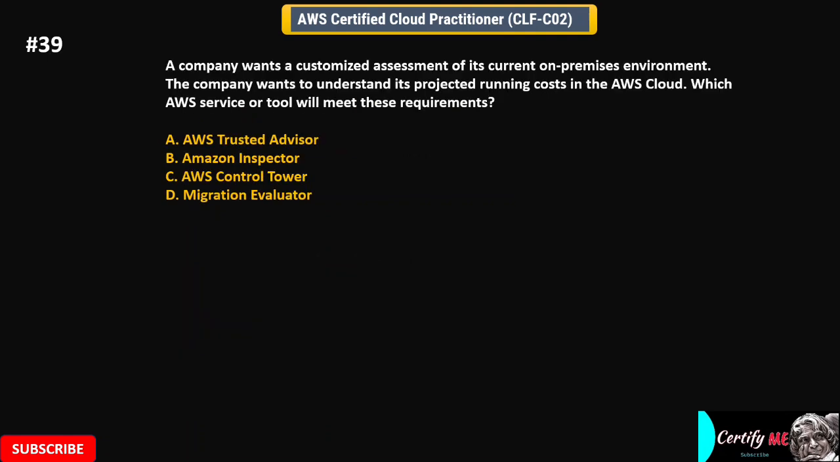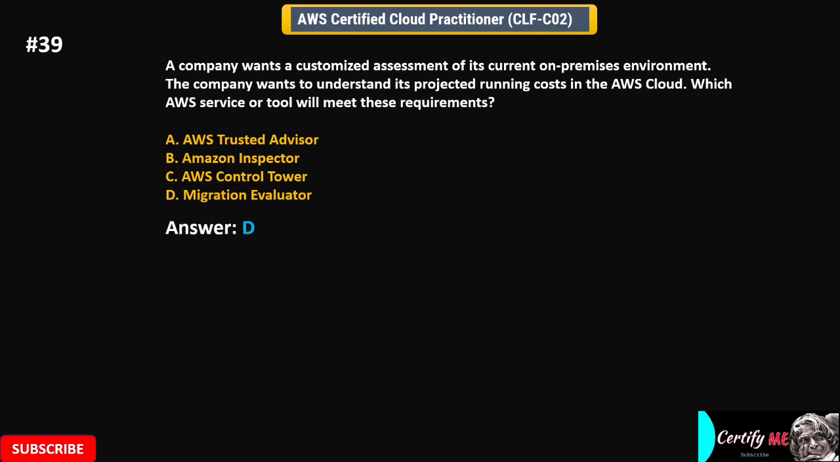Next one. A company wants a customized assessment of its current on-premises environment. The company wants to understand its projected running costs in the AWS cloud. Which AWS service or tool will meet these requirements? Option A, AWS Trusted Advisor. Option B, Amazon Inspector. Option C, AWS Control Tower. Option D, Migration Evaluator. The right answer for this question is